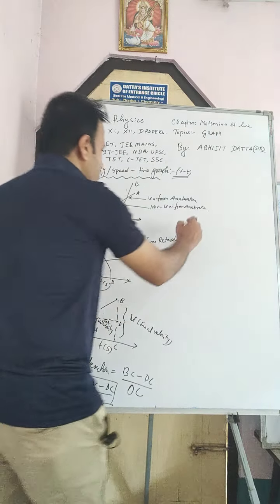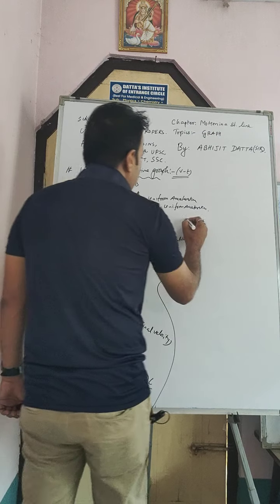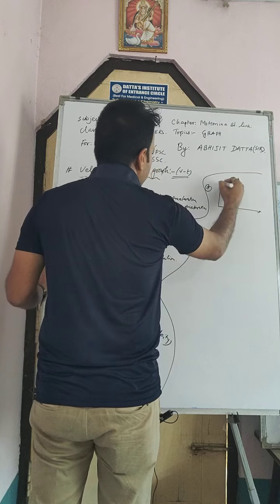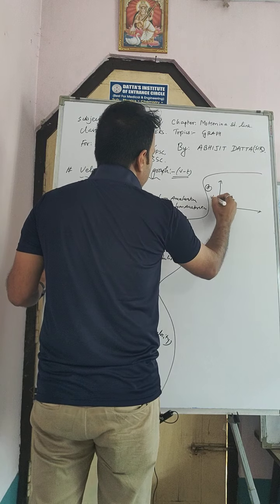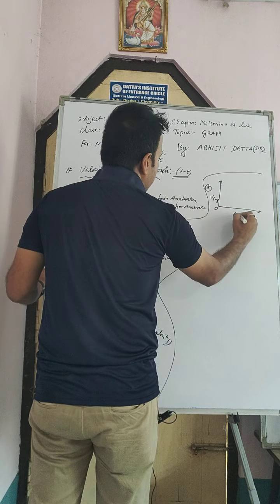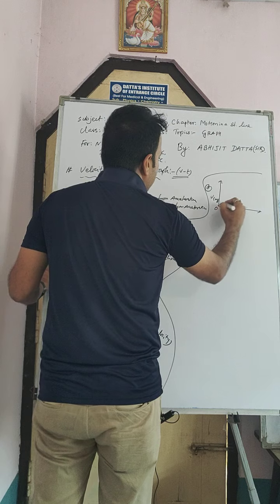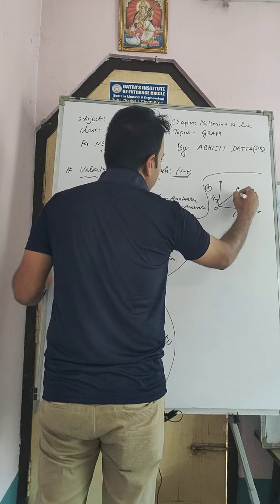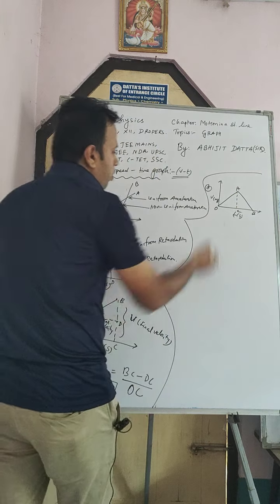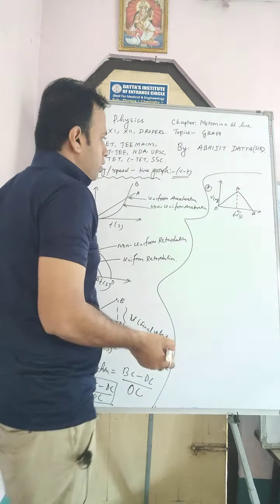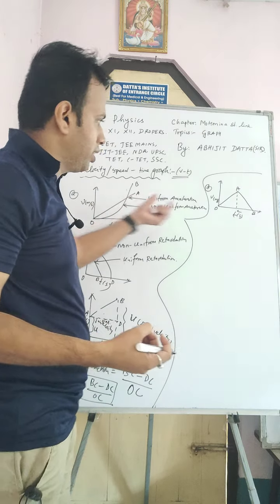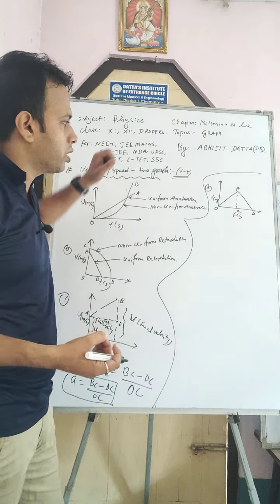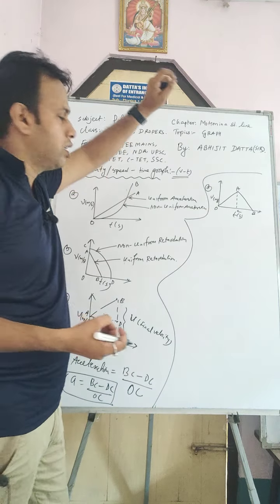So final velocity minus initial velocity by time is acceleration. Okay, now another graph. If the graph is like that, this is v meter per second and this one is time in seconds. If a graph is like that, this is 0, b, and suppose this one is c. So from that, how can I find distance and displacement? If it is a velocity time graph, we can find displacement from this figure, and if it is a speed time graph, we can find distance from this figure.